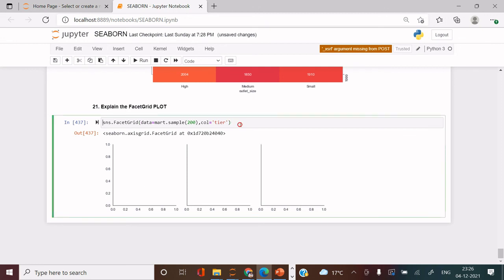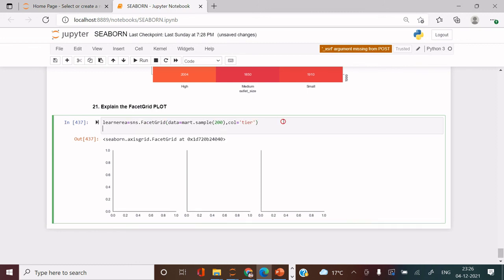Now what you're going to do is create an object, and into that you supply this entire thing. On this object you can map the data frame, map dataframe, and in that you need to supply what sort of plot you want to see. Any plot you can use over here in this structure, say hist plot.